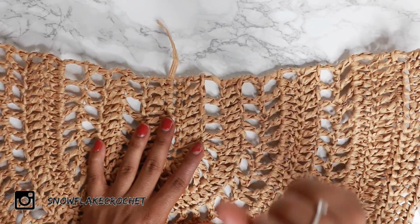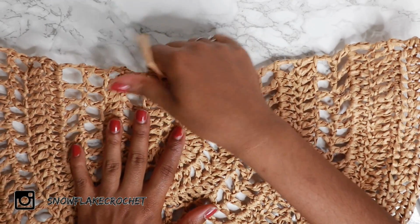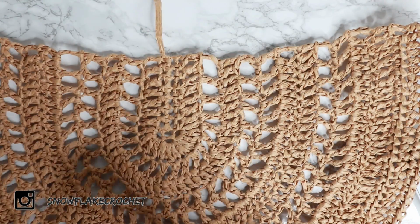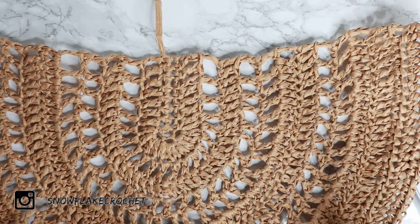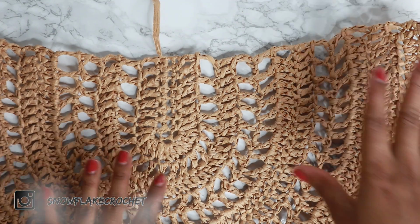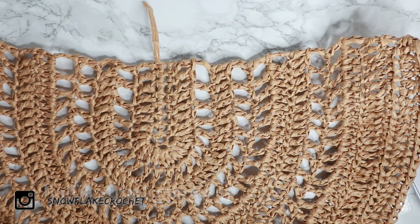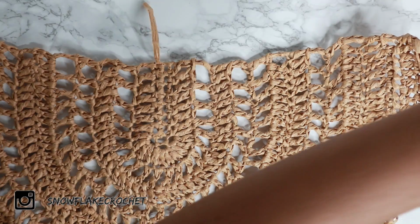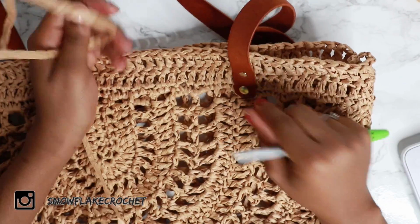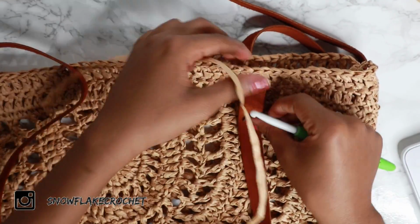I will link a video in the top right hand corner of this video of a quick and easy way of how to get the right amount of stitches for an area without having to take it out multiple times. So make sure you go and check that out. So yeah, just wanted to show you guys that. Also want to show you how to do a strap if you're using the raffia instead of the leather. And if we take the strap out of the way for a minute,